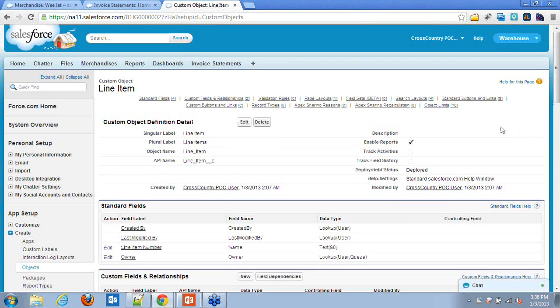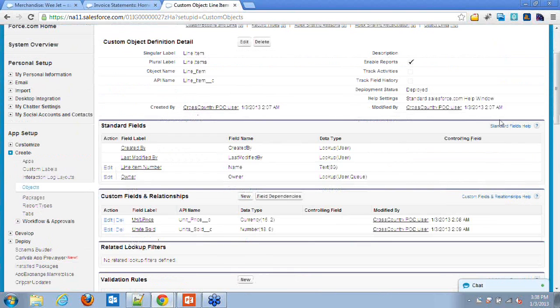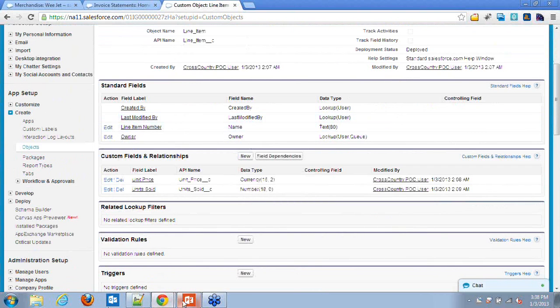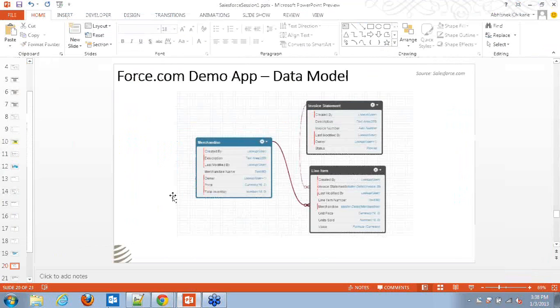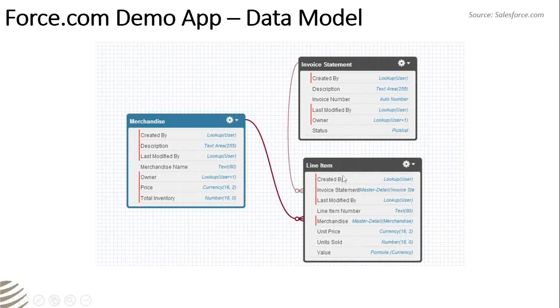So we are almost done with the object creation, and let's now add the relationship. So from this you can see this line item is related with